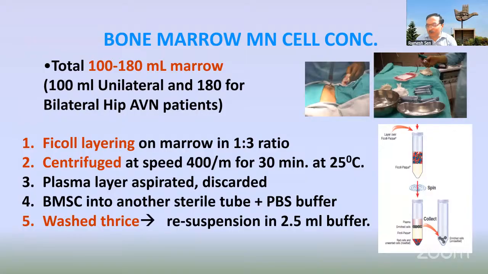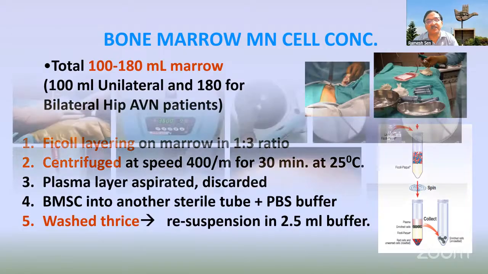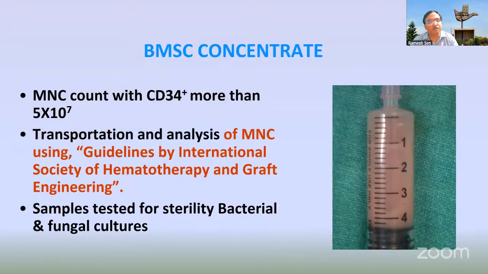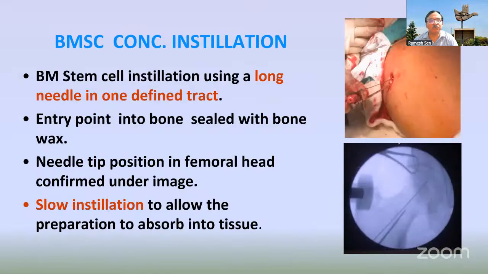And at that time, these marketed preparations were not available. So we asked our blood bank people, and they made a small lab for me. They were doing the Ficoll layering, centrifugation, washing, and all the cultures at that stage. Then we were using all that count. They were doing the MNC count and the CD34 count, whatever they were able to find out. And then I was doing this instillation into the area. It was a slow instillation because they used to concentrate to 3 cc, and I had to inject 3 cc drop by drop, which took a reasonable amount of time.